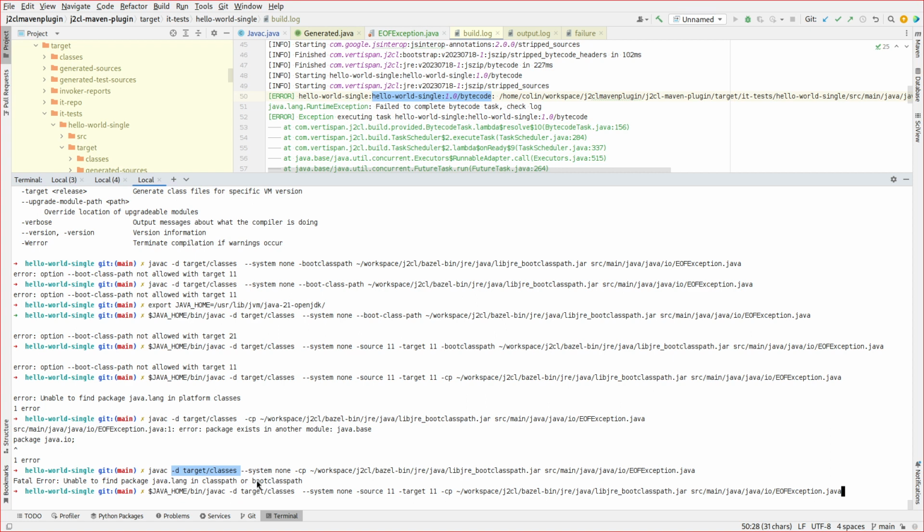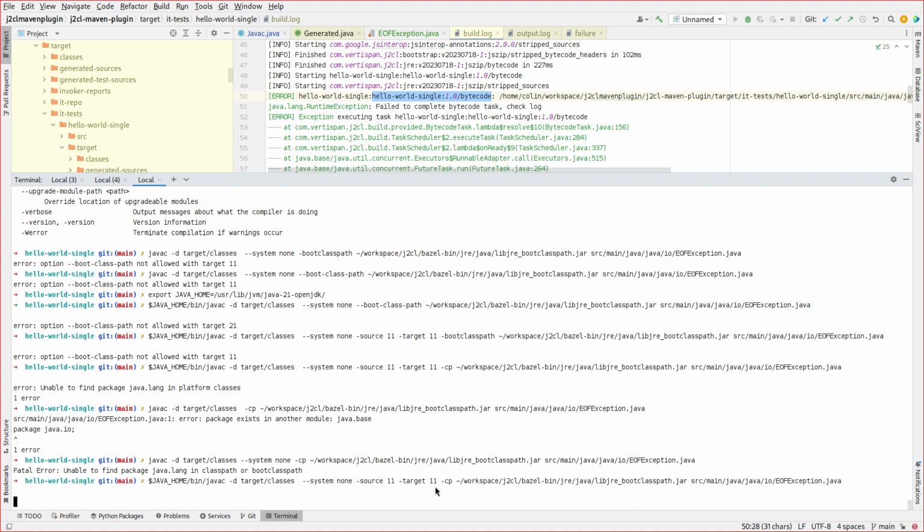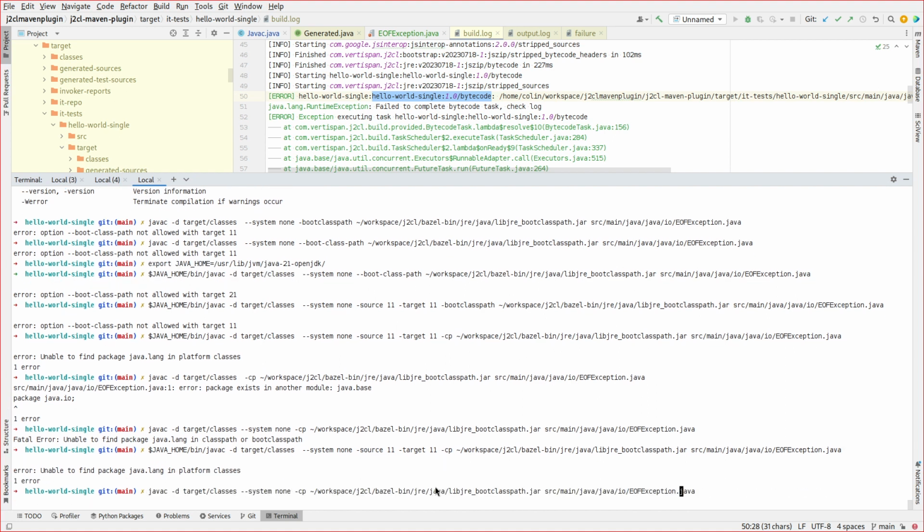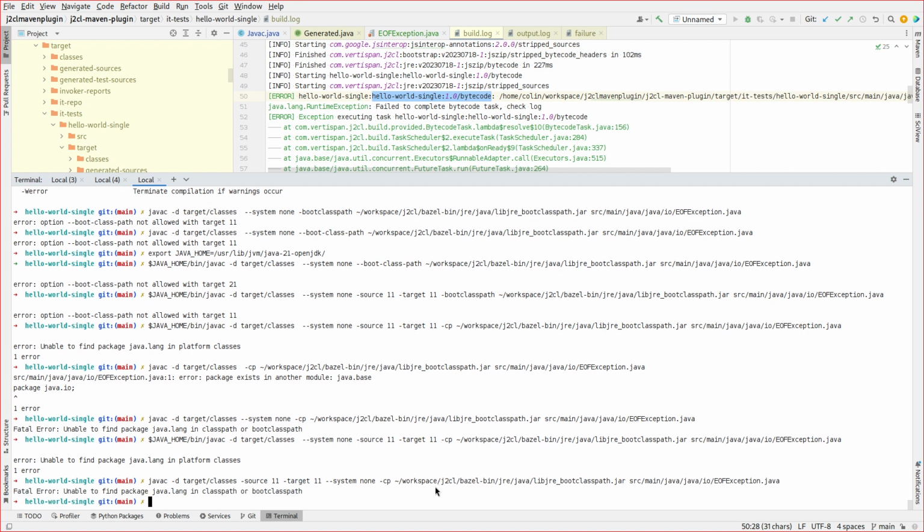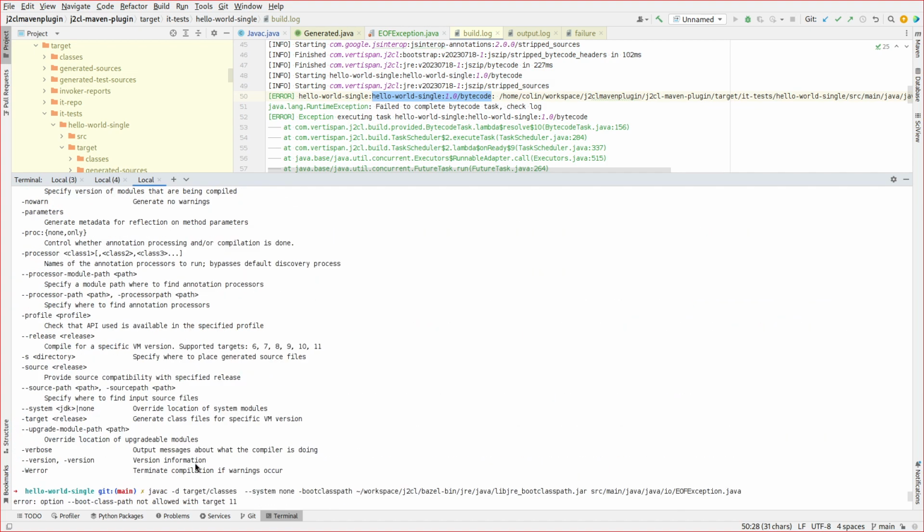We still have the output directory. We still have system none. I'm explicitly passing target and source, so we'll go ahead and set that. We're passing the class path, but the error message has changed. Let's go ahead and explicitly set source and target. Yeah, different error message. Interesting. Okay. In platform classes,